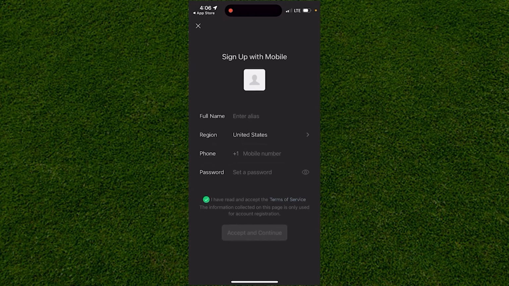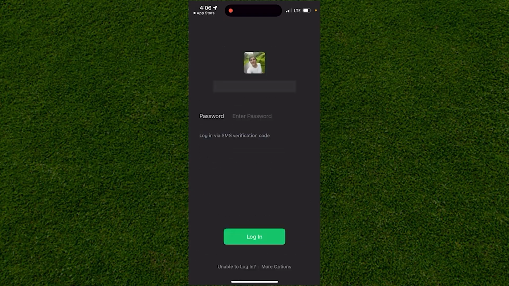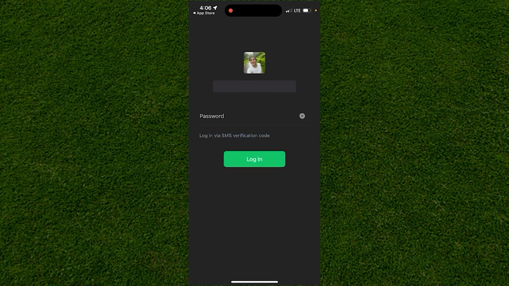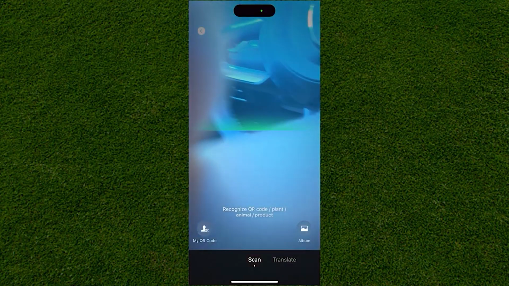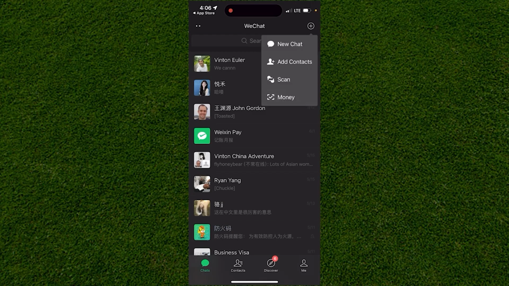So once you sign up, you can actually just go over here. You'll be brought to the login where you can just type in your password and click on login from here. And when you actually log in, it'll look like this. And you can basically just use this app to scan QR codes to pay for bills. You can click on your money option, or you can add contacts by going here. And just creating messages is really easy to add people. And if you just want to go to your settings, bottom right corner,